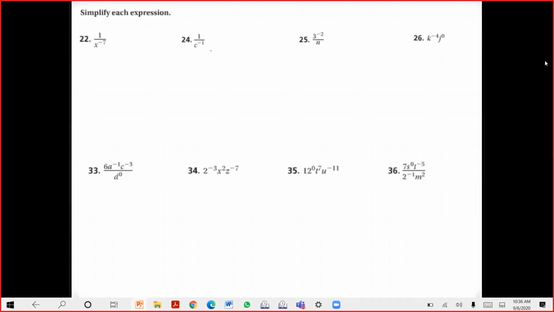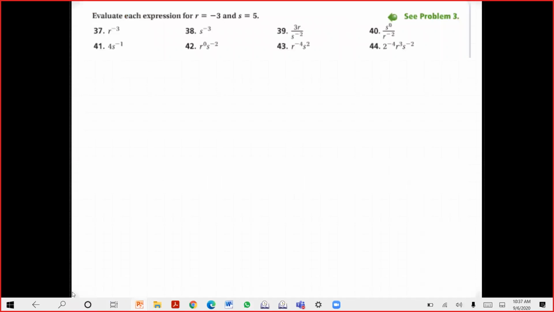Now, here you have to simplify each expression. 1 over x to the power negative 7. The first step, 1 over, I'm sorry,